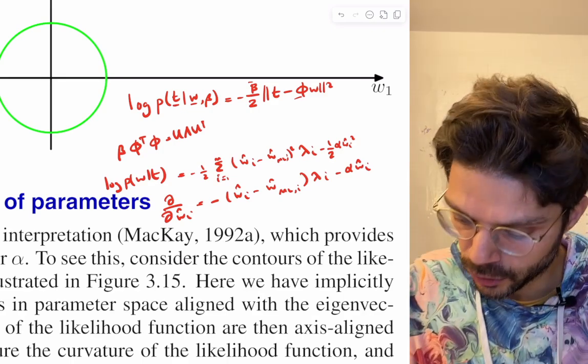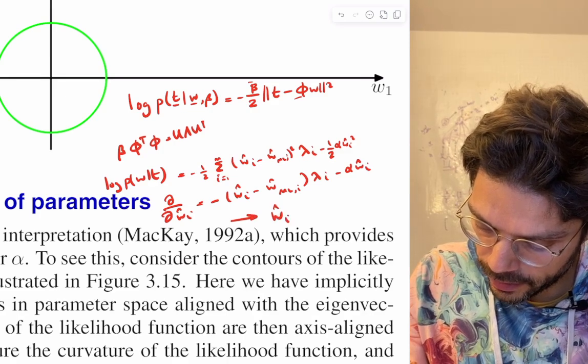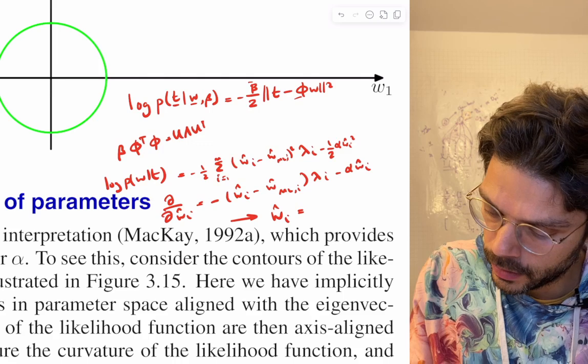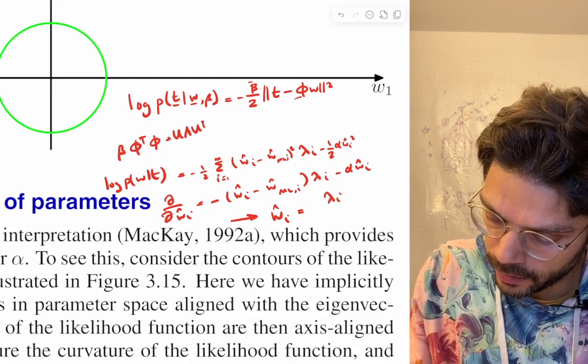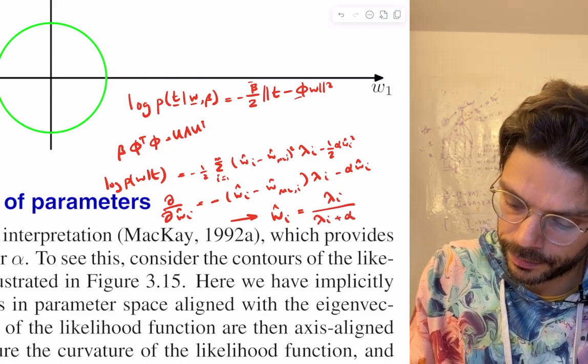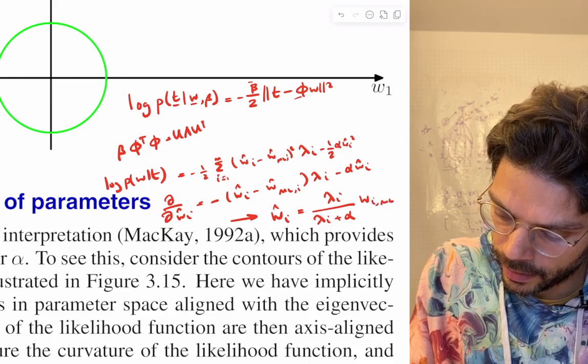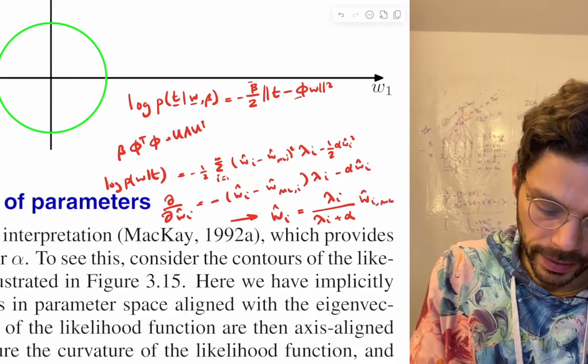All right, so now if we just rearrange this, wi hat is actually just going to equal lambda i over (lambda i plus alpha) times wi,ML. And that's the key